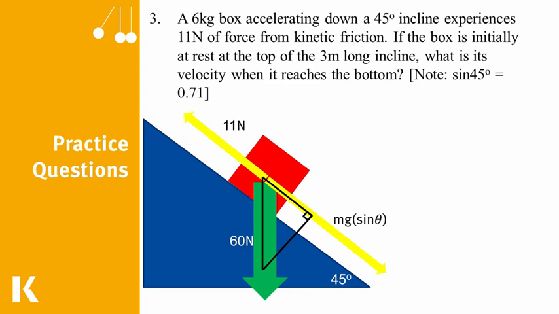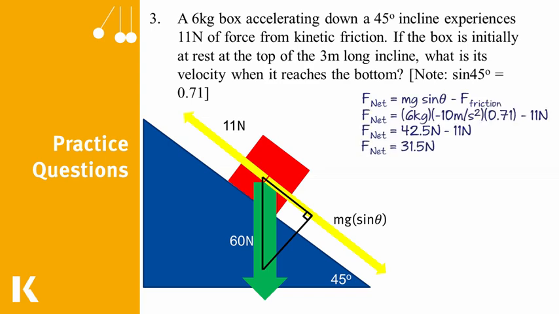In order to find the final velocity, we need to find acceleration, as it is common through VAT, VAX, and TAX. Acceleration, of course, depends upon the net force acting in the direction of motion, which is downward along the incline. The two forces acting along that plane are mg sine theta and friction, so we must find their sum. Given that friction is opposite the direction of motion, we'll subtract it from mg sine theta to find 31.5 newtons